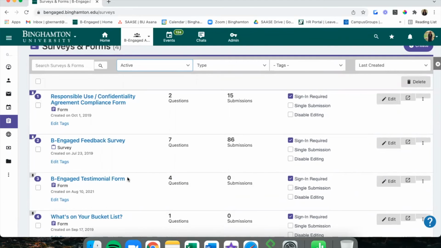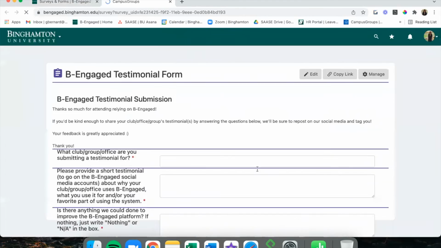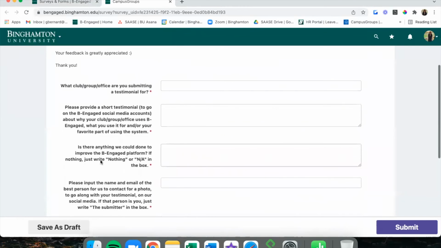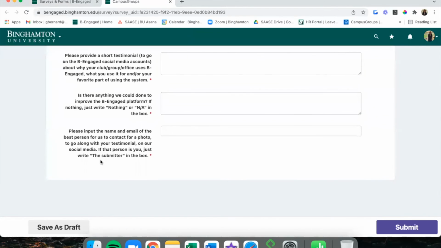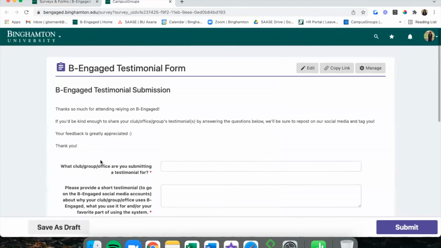So next to the form, you'll see a little arrow, which is the preview button, which takes you to the form itself and how users will be able to fill it out, what it'll look like when they go and fill it out. And you have some options up here. As an officer, you can go right into editing it. If you spot something when you're previewing it that you don't like, you can click edit and go right into editing it.